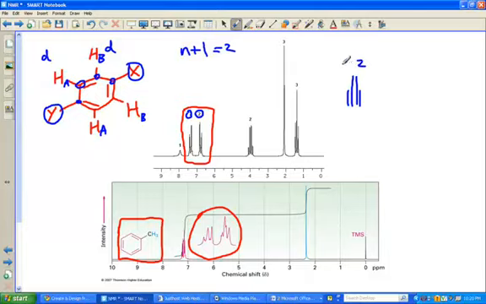You'll see an integration that looks like this, which clearly tells you that there are 2 doublets there, or it's not just 1 quartet. Or you'll see something like this, and so there's actually a break there, so that implies 2 different types of hydrogen. So that's an important thing to remember